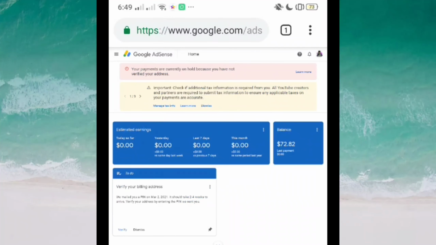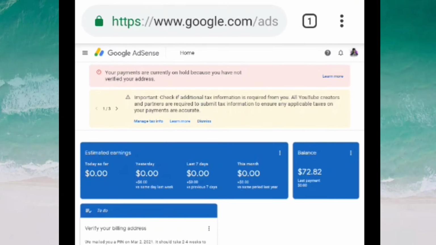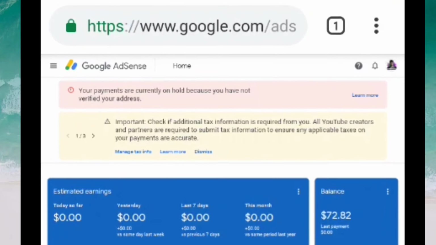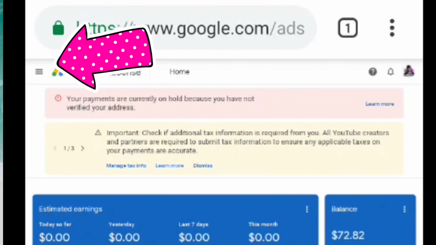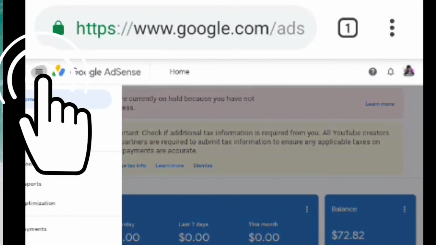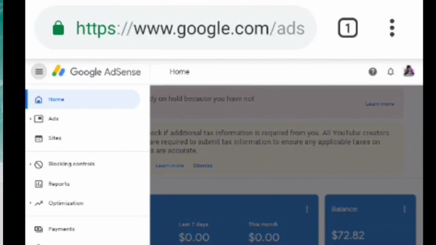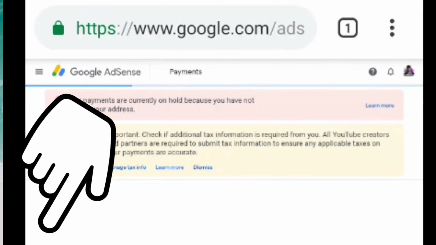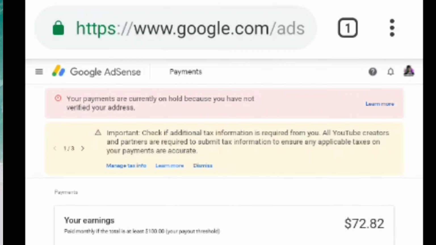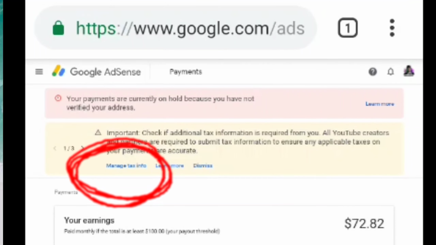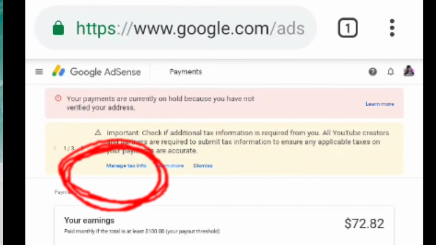So ayan po ang makikita natin. So may nakalagay dito na tatlong linya na nakahiga dito sa ating kaliwa, pipindutin naman natin to. Dito, pindutin ang payments. So, dito sa payments natin, may nakasulat na manage tax info.